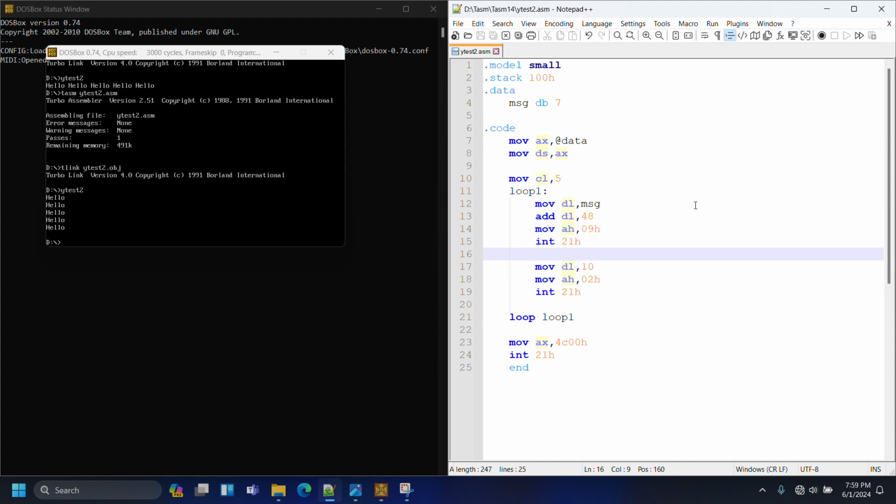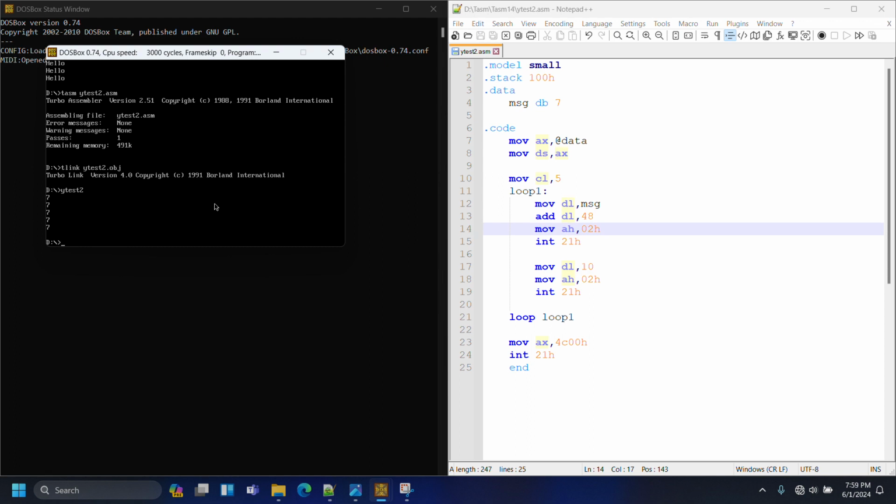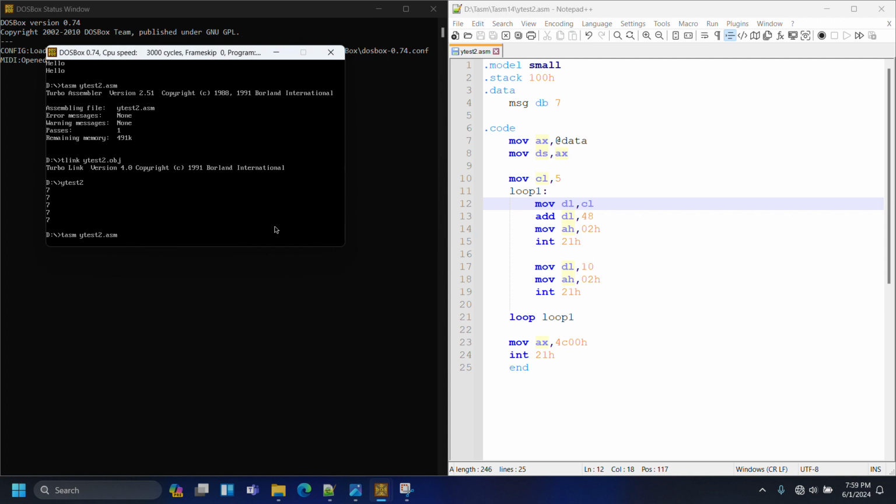Easy. And sorry, yeah, here we have to use 02h because we have to print the ASCII character. So now compiling, no errors, linking, executing. Here, see errors. So what I'm going to do now is use the CL register value. Here, the CL register value. Then what it's doing is